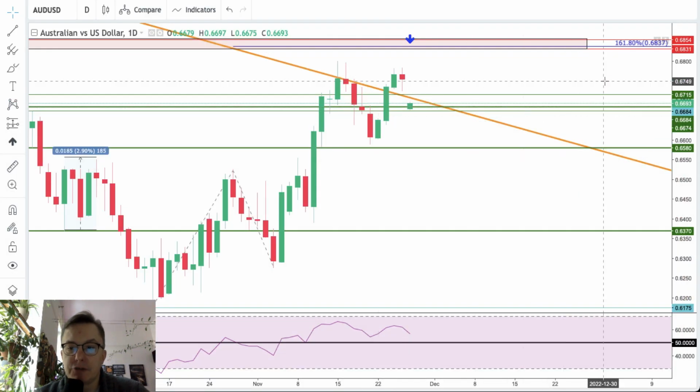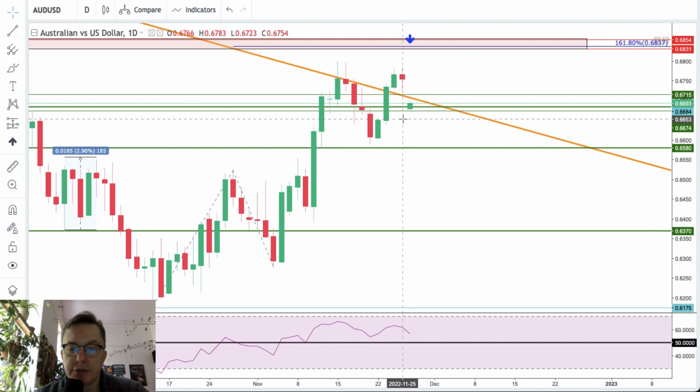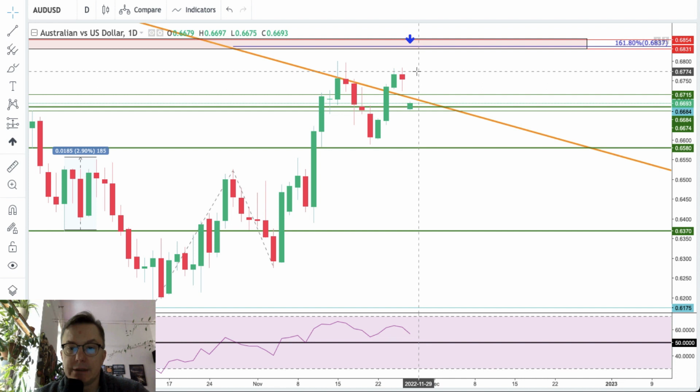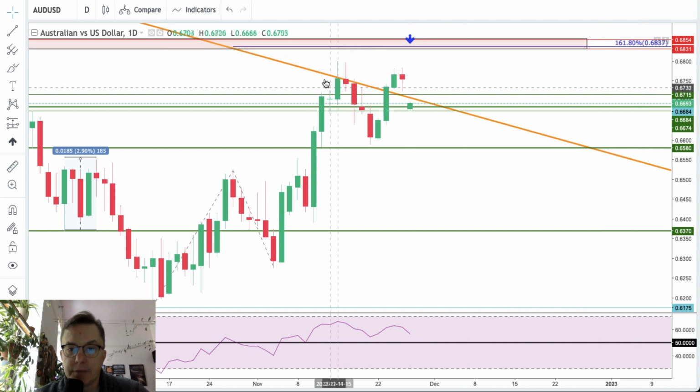First, we are going to start with the Australian dollar because some data had been published overnight. As you can see, this is the daily time frame chart of the Australian dollar. We can easily see that the target level, which was projected at 6,837, has not been hit yet. The last week high was made somewhere around 6,800, so only 37 pips missed. However, it's very clear that the market participants are first trying to break above this long-term trend line marked in orange on my chart. Their first attempt was a failure.